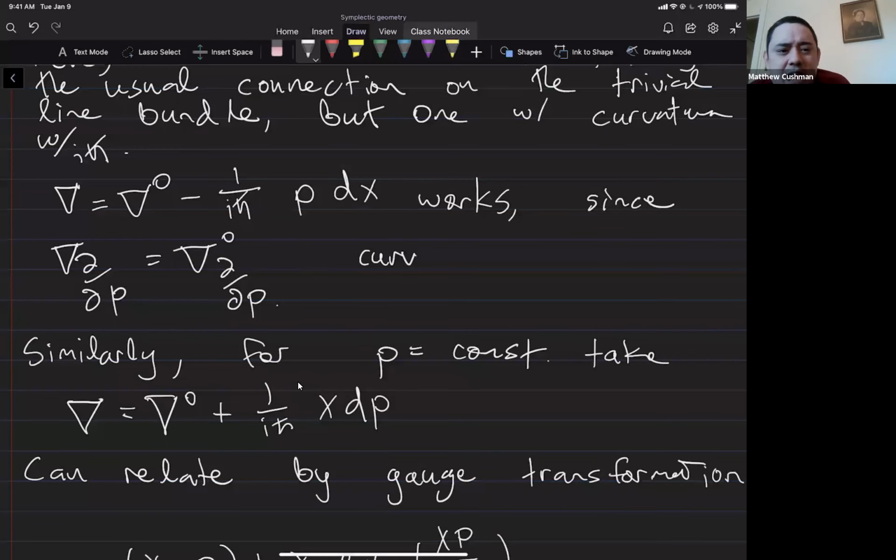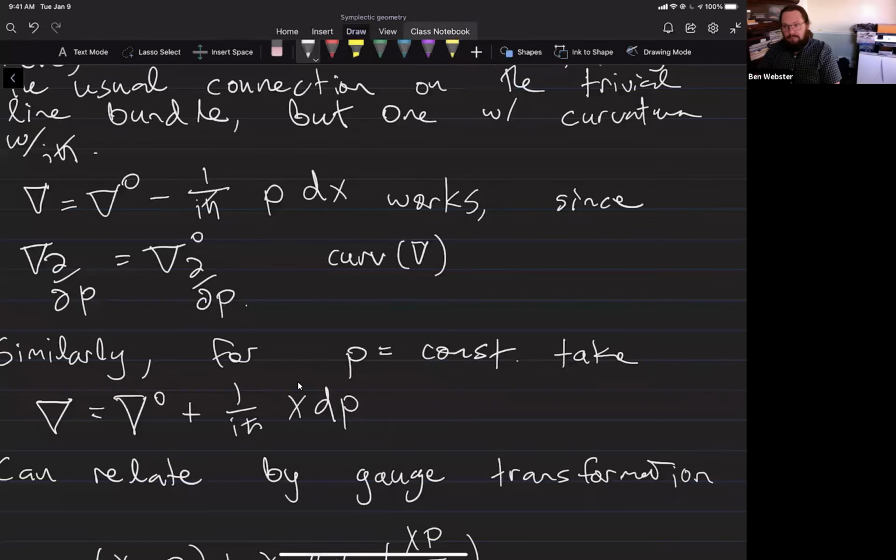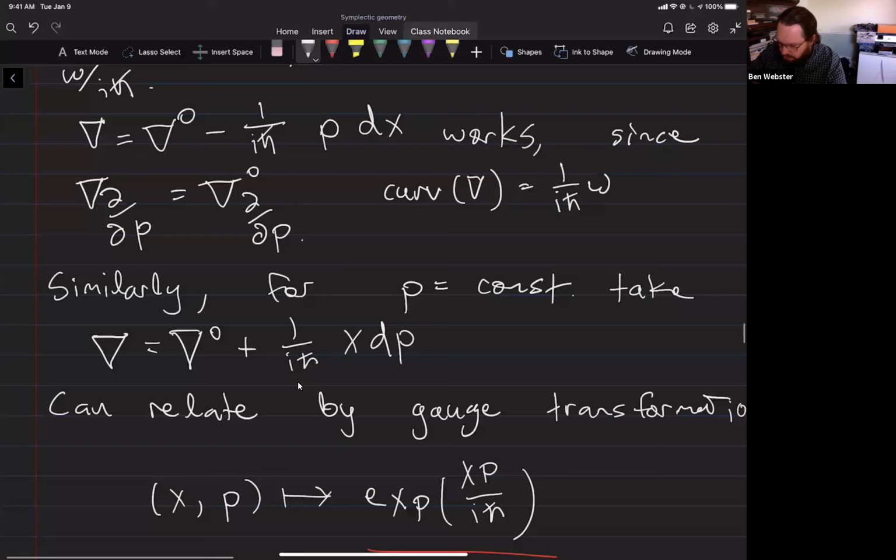Okay, because I thought the connection was already fixed by the omega, or I guess it's only fixed up to gauge transformation, so we still can choose exactly one. Okay, I see. All right, got it. Thanks. Right. So I mean, yeah. The curvature here is H bar omega. I mean, exactly what this is saying is that if I stuck with this original connection,